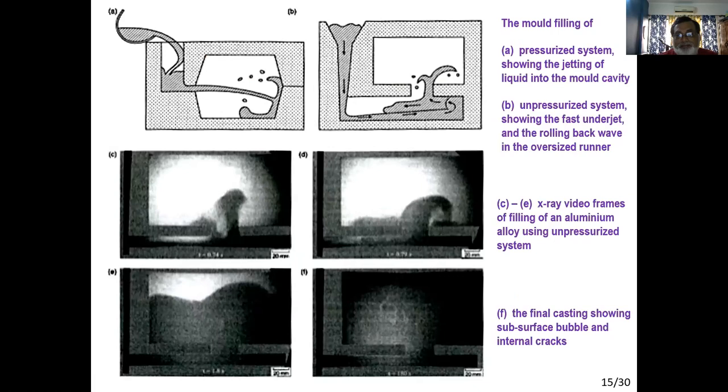Later we'll see that most of the defects are generated because of this oxide film. And the defects usually are cracks, gas porosity, shrinkage cavity. So these are the common defects in a casting. And all defects can be initiated on top of an oxide film. So that's why turbulence is the critical issue here. If turbulence occurs, oxide can generate and enter into the liquid metal. And when we fold an oxide film,